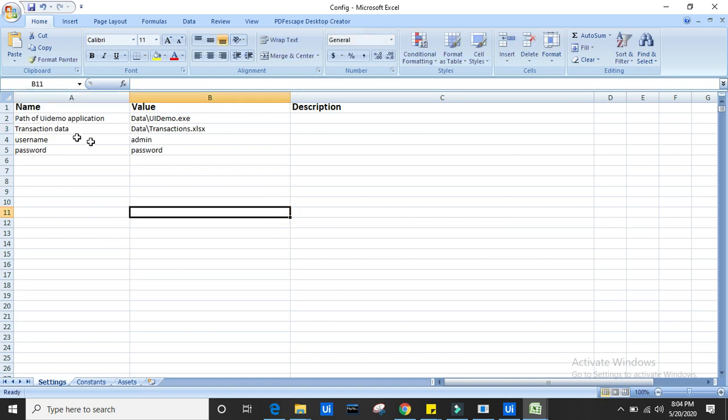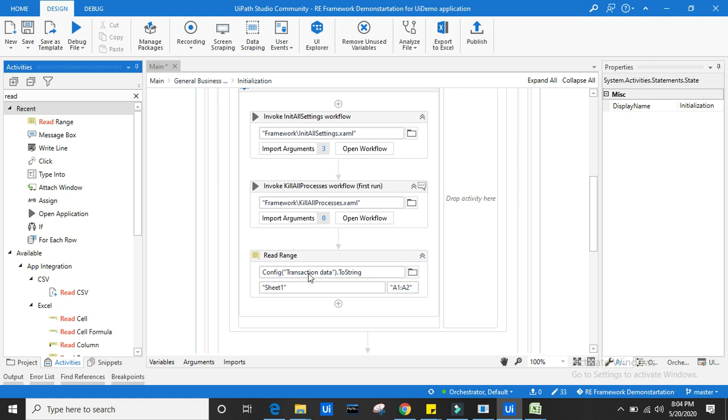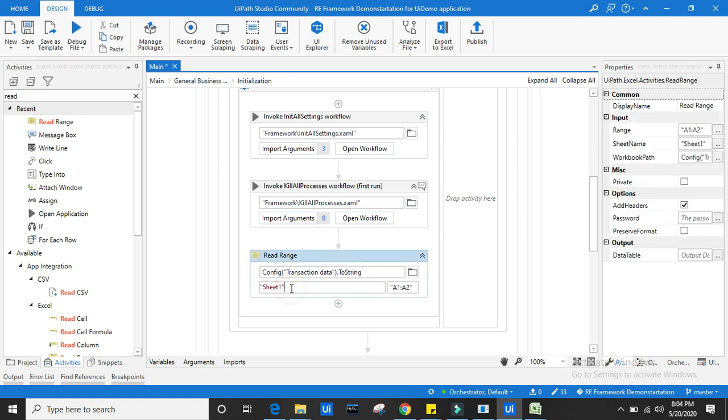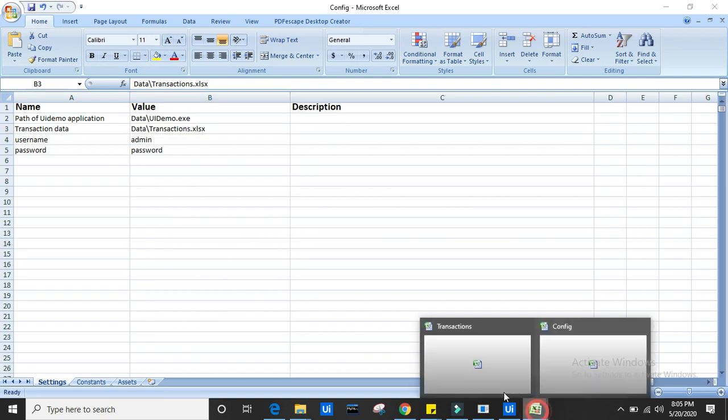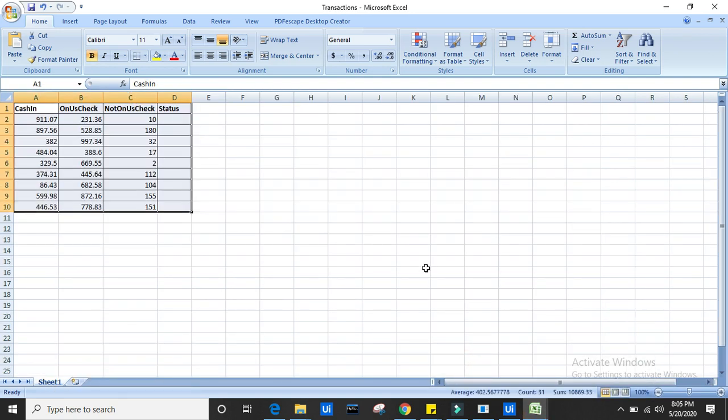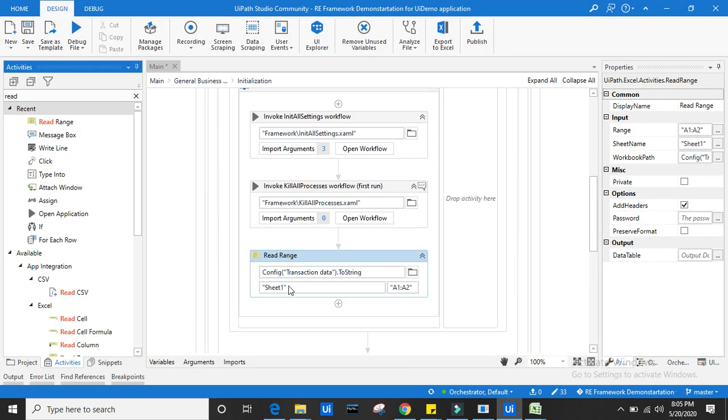I want to read the data. Where is my data located, I mean the Excel sheet? It is located at data slash transaction.xlsx, which is my sheet name. This is a value whose key is this. So we are supposed to give the key name, not the value. Sometimes you will give the value here, but we should give the key only. Now the sheet is Sheet1. Sometimes the script will fail because someone might have changed the sheet name and you are just keeping this only here. So you should check what the sheet name is.